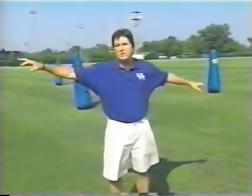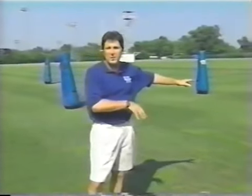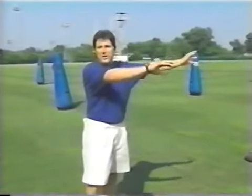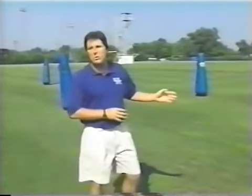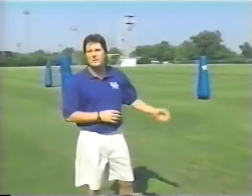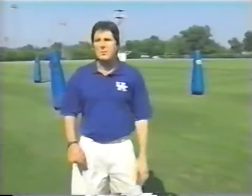In addition to the receivers running their various routes, we'll have 5 quarterbacks set up here who will each drop back and each throw a ball to a different receiver. In doing this, the quarterbacks will work on their reads. For example, if you have the first read, as you take your drop, hit your last step, your ball should